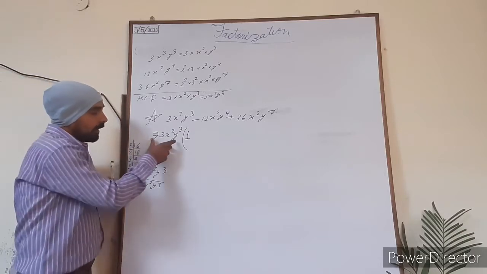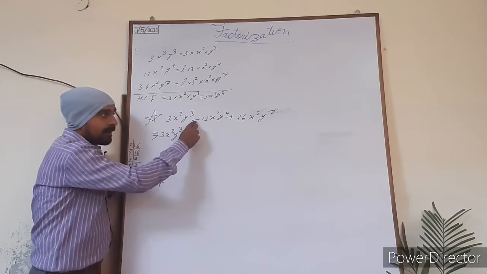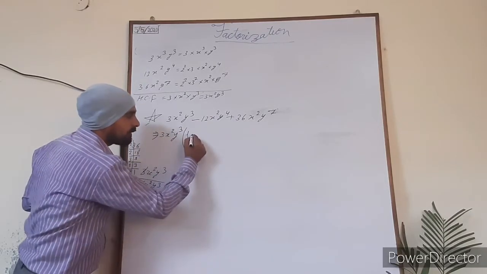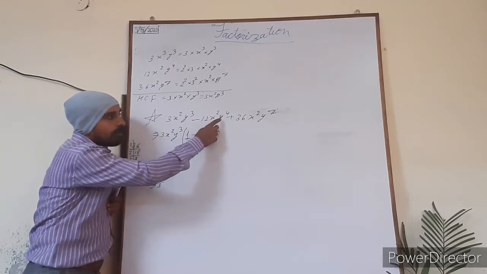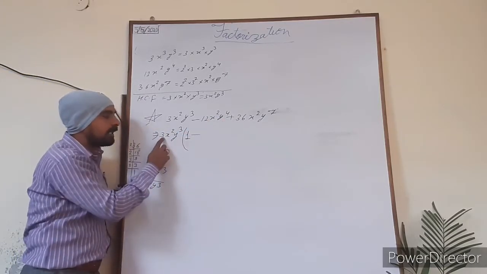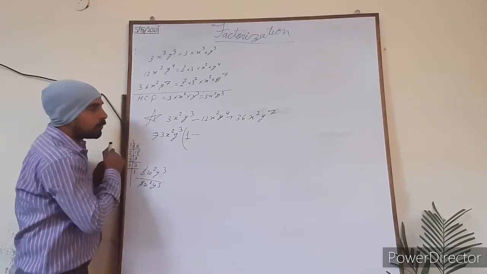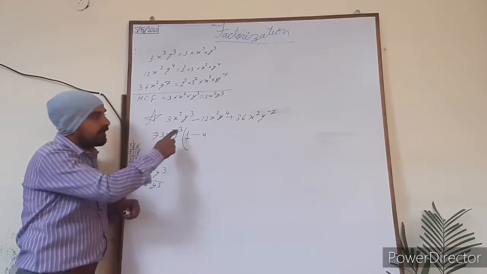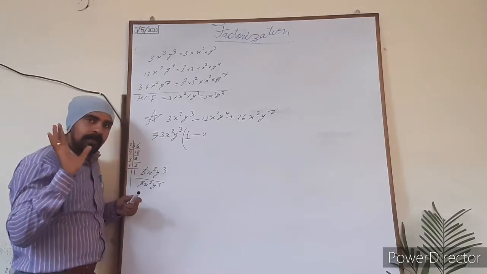After that, as soon as this is going to divide this one, this is minus and this is plus, so minus divided by plus is going to give the result as negative 1. After that, this 12x square y to the power 4 is going to divide this 3x square y cube. So when 12 is going to divide this 3, you are going to get 4 as the result. Directly you can do this. In the same way, when x square is going to divide this x square, it will be totally cancelled out. The result gives 1.